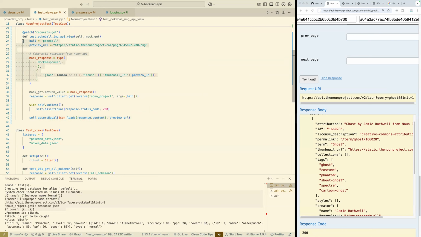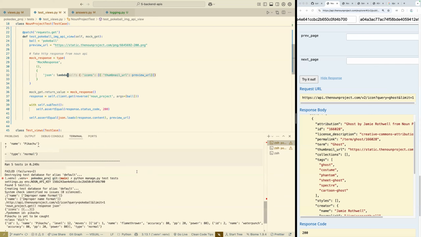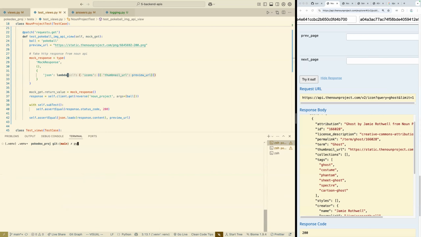Because we've hard coded an awful lot of this test, and there's a lot of fake data, but our React app will still break if this isn't in the right format. So this is a valuable test, and as time goes on, more and more stuff will get added. I'm also testing that there's not an issue in any of my logic in that view endpoint that we wrote, even though we're not actually hitting the noun project API. And now if I run my tests again,